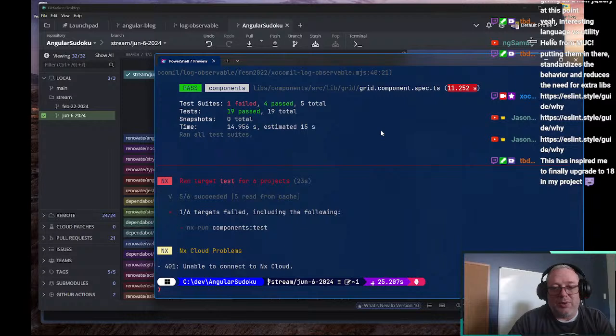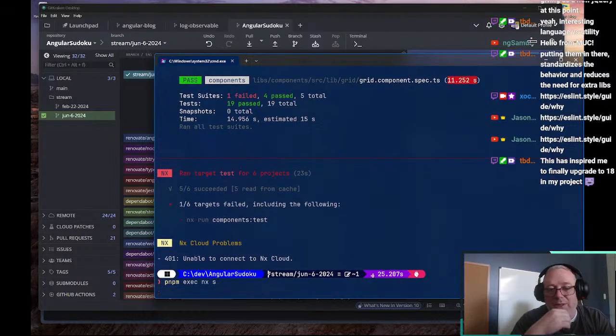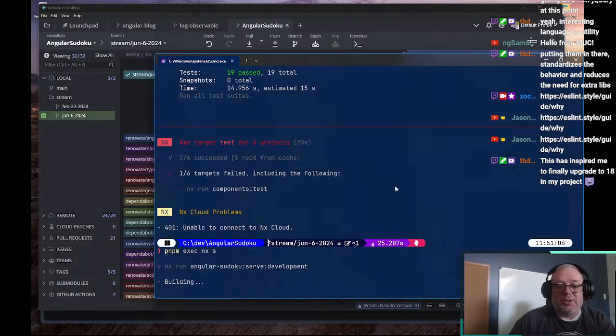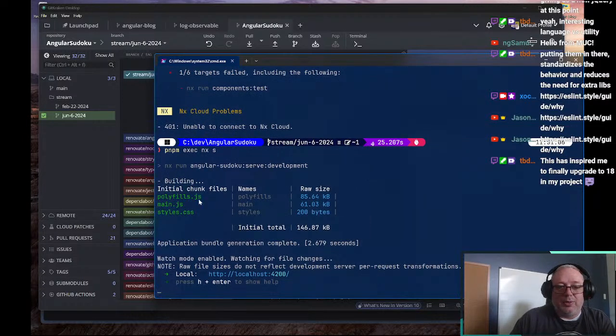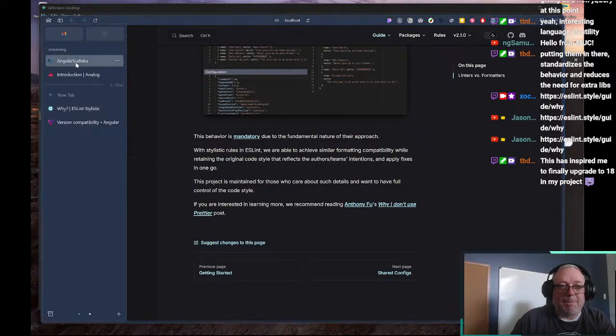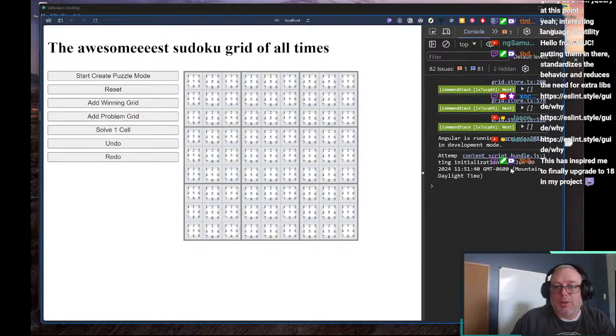So that worked. It took a bit of time, but pnpm exec nx serve should serve our Angular Sudoku project. That built. We're building polyfills, and we've got our main.js and our styles.css. These are tiny. Like our Sudoku game is tiny. So there we go. If we go take a look at our network tab,